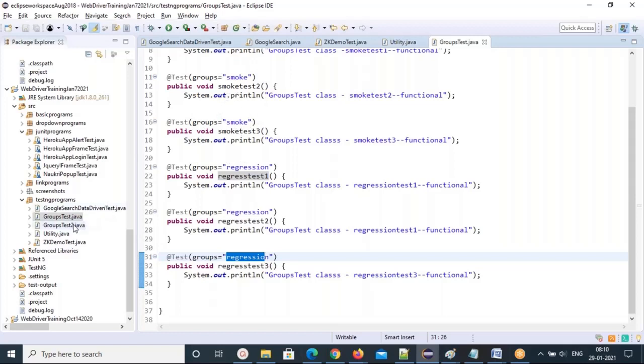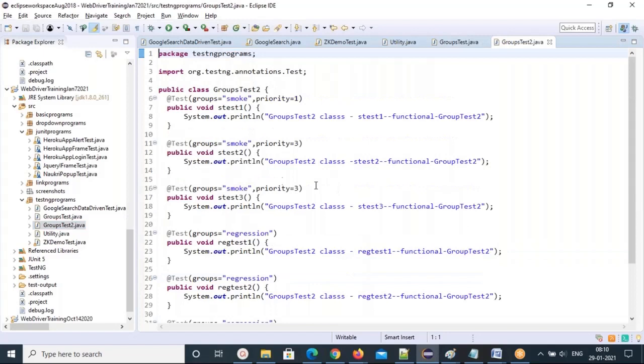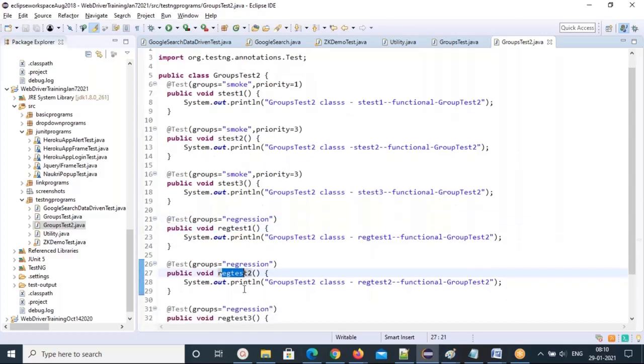And the same for GroupTest2. This is another class I created. At the rate Test, groups equal to smoke, priority equal to 1. At the rate Test, groups equal to smoke, priority equal to 3. And at the rate Test, groups equal to regression: reg test 1, reg test 2, reg test 3.